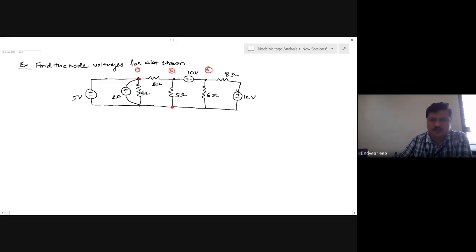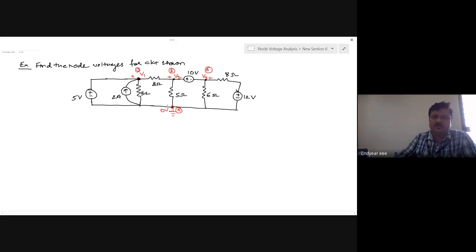And this I will take as a common node because all the elements are connected common to the bottom line. This is advantageous to take as a reference node. So this is reference node 4 at 0 volts. When I say reference is at 0 volts, all these nodes are at positive potential. This is implicitly understood. So let me mark the voltage at node 1 as V1, voltage at node 2 as V2, and voltage at node 3 as V3.